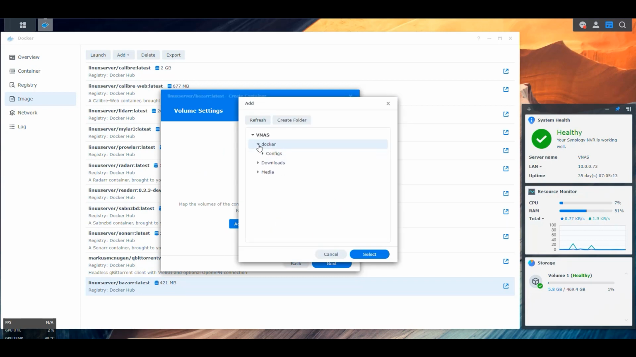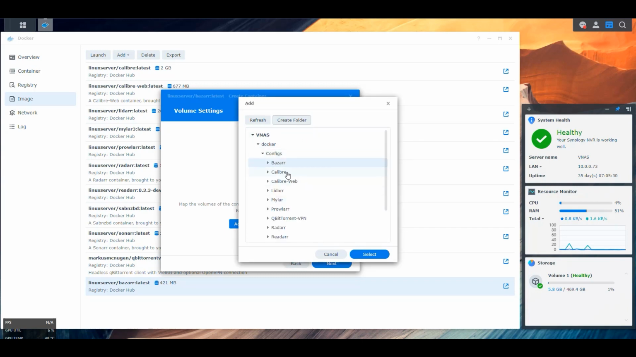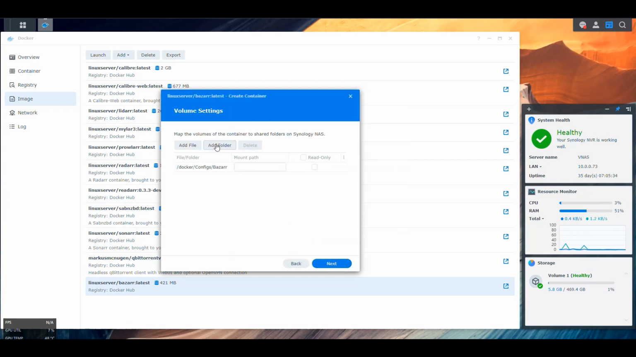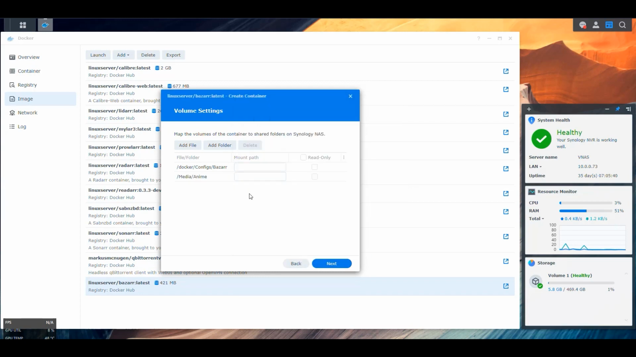The first one is we're going to go into Docker configs. We're going to look for Bazarr. We don't have Bazarr, so we click on config, create folder, and then we make one for Bazarr. So now we should have the folder here for Bazarr. So we select it, and then additionally we're going to add the media anime,